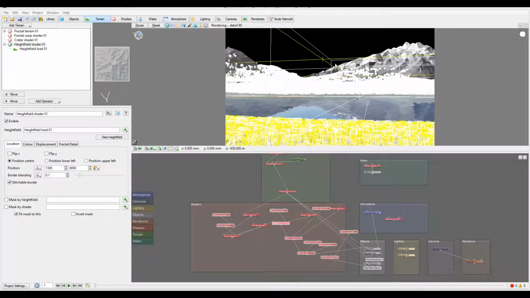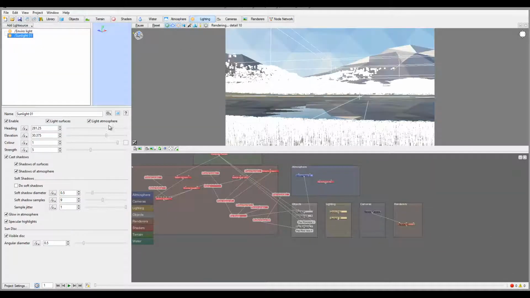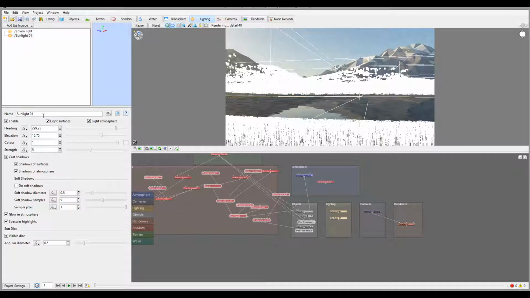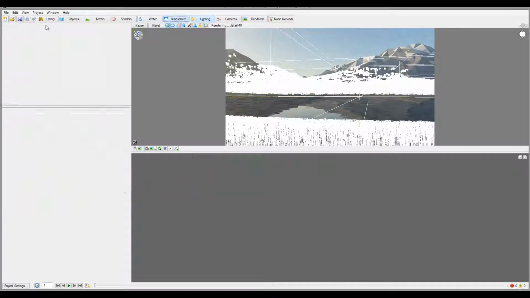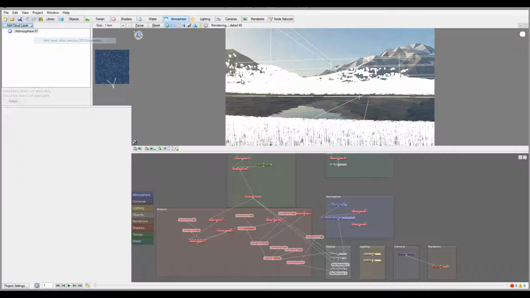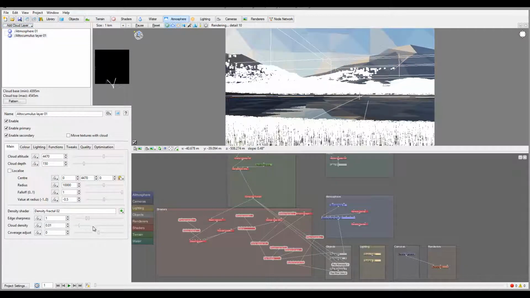Okay, so next let's start work on lighting. We'll go sunlight, and actually let's bring it a little bit closer right here and drop down more to the golden hour, creating that look as well. I won't touch soft shadows right now, just leave the light like this. I'm going to atmosphere, and we'll just add clouds. Also on these clouds I want to reduce density and reduce sharpness, so it will create a kind of whispering look, but